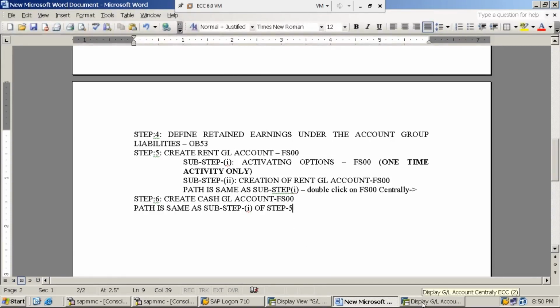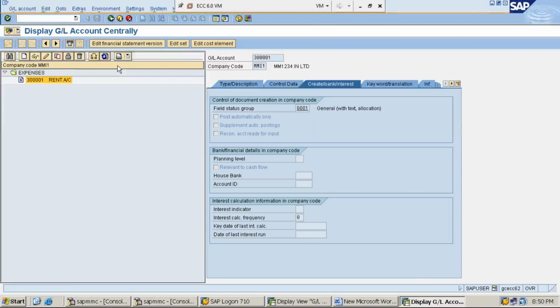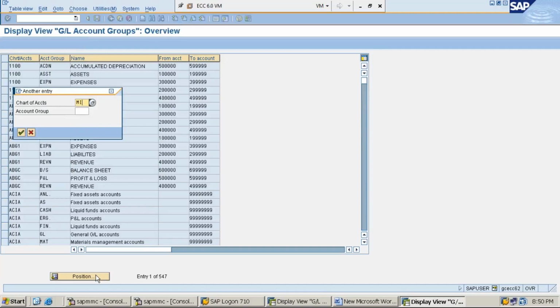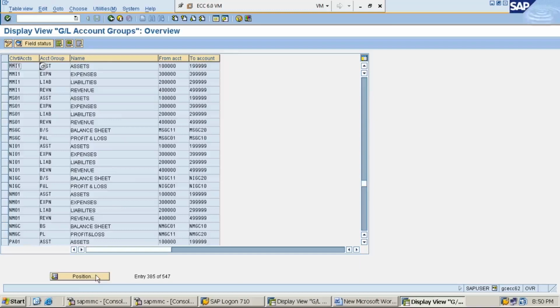For assets, we have created one account group, if you remember well. We have created assets, liability, expense, and revenues, right? For assets, what series have we given?